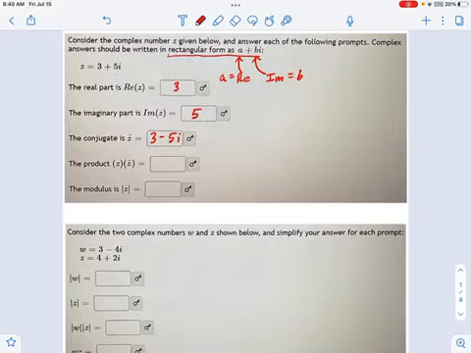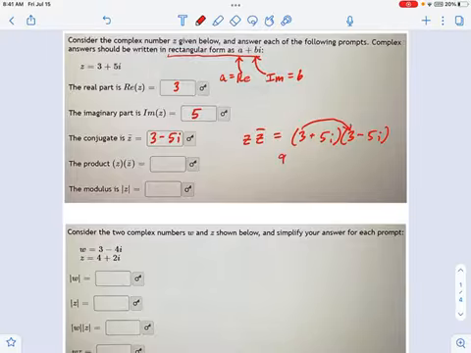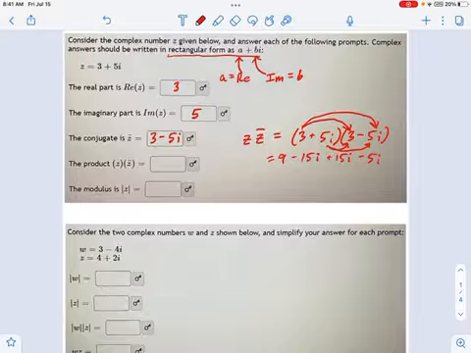So now we're going to do the product of z with its complex conjugate. This is where things get interesting. Watch what happens here. z times z bar equals the following: 3 plus 5i times 3 minus 5i. Now, if you remember how polynomial multiplication works, we're going to do some FOILing here. First multiply 3 by 3. That gives me 9. Then 3 times negative 5i, that's negative 15i. 5i times 3, that's plus 15i. And 5i times negative 5i gives me negative 25i squared.